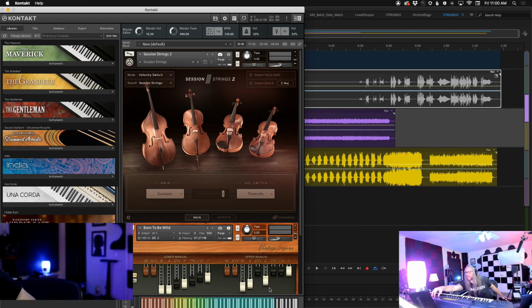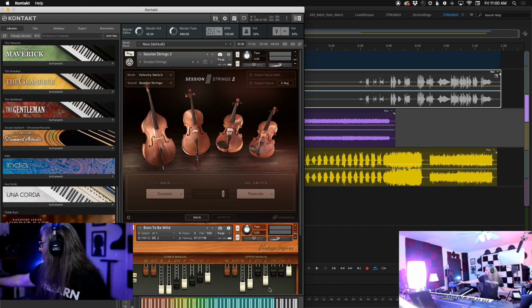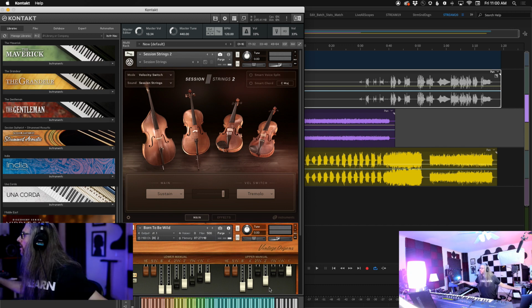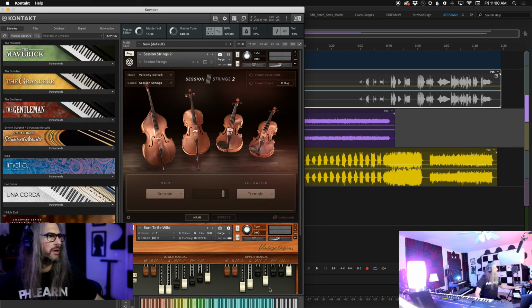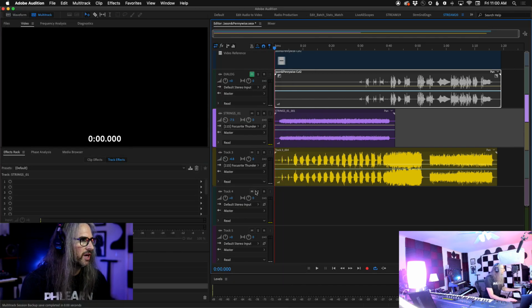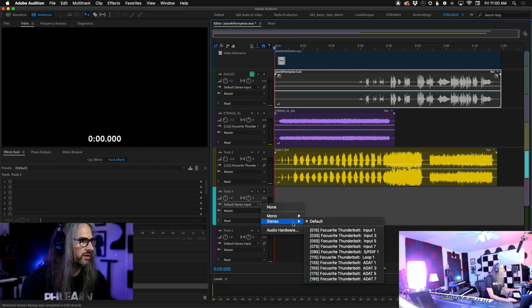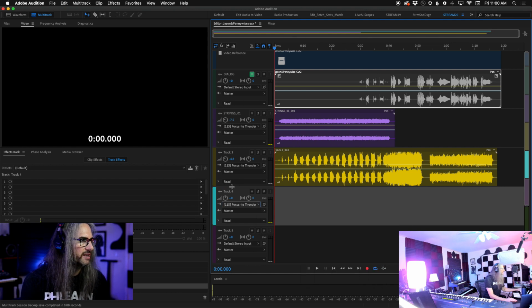So now the question is, I want to add one more string piece to this, and then we're going to switch instrumentation here. I think we'll move over to the Moog, which I'm not hearing at the moment. Okay, so let's go into our loop again.